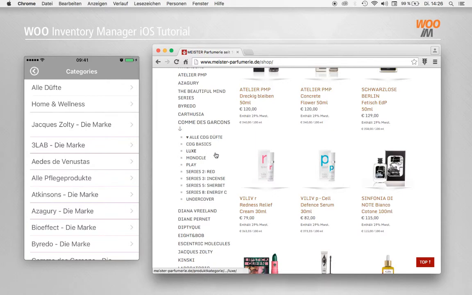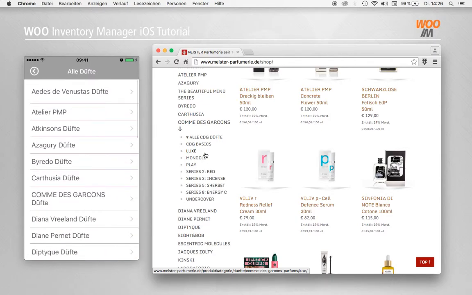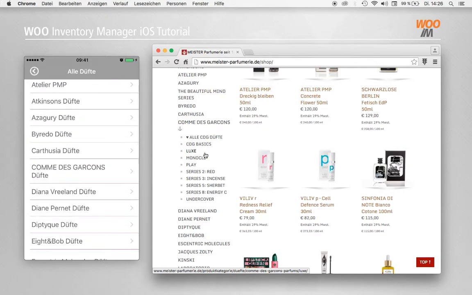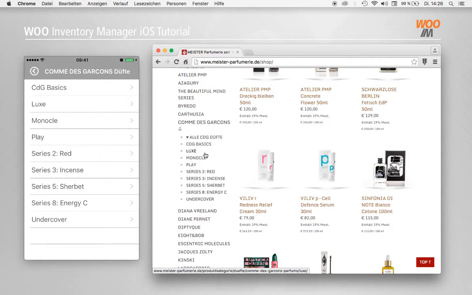So if we go to our app, the first entry we have is all fragrances, and there we see Comme des Garçons somewhere in the middle. And now I see all these subcategories for different series,